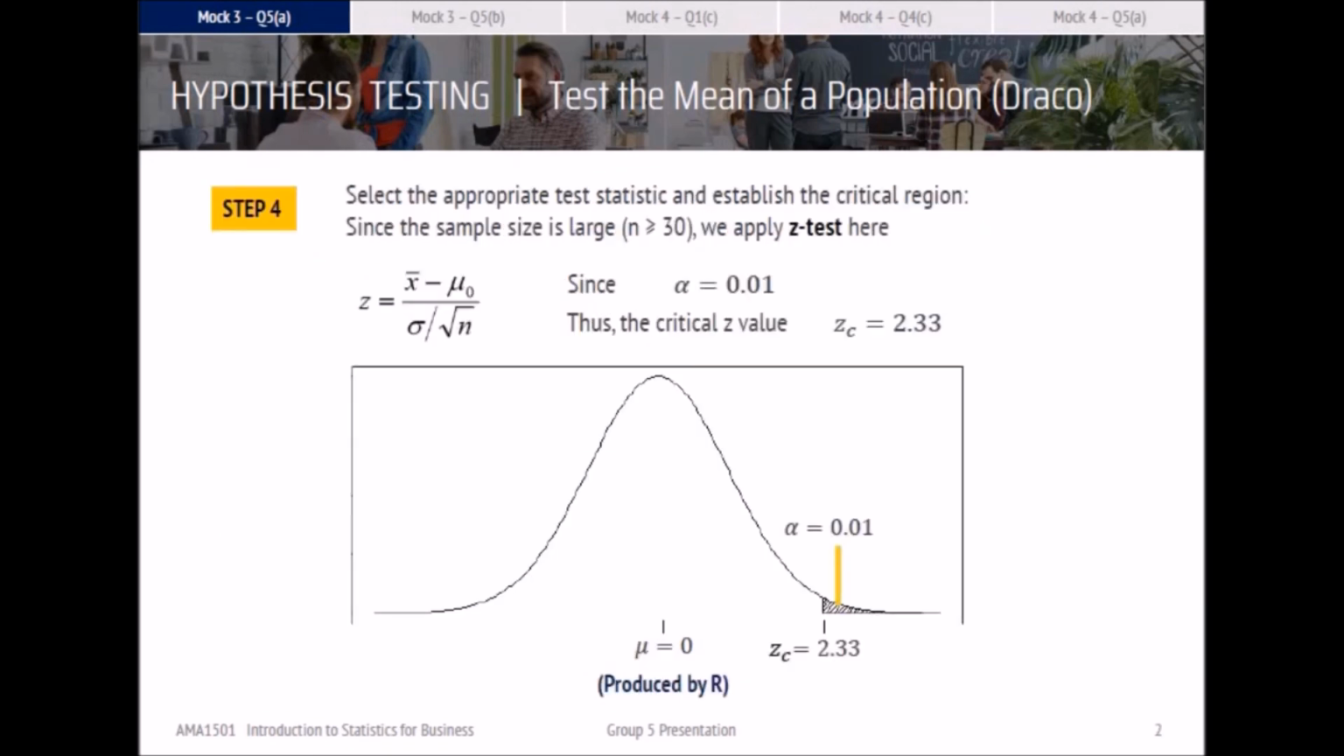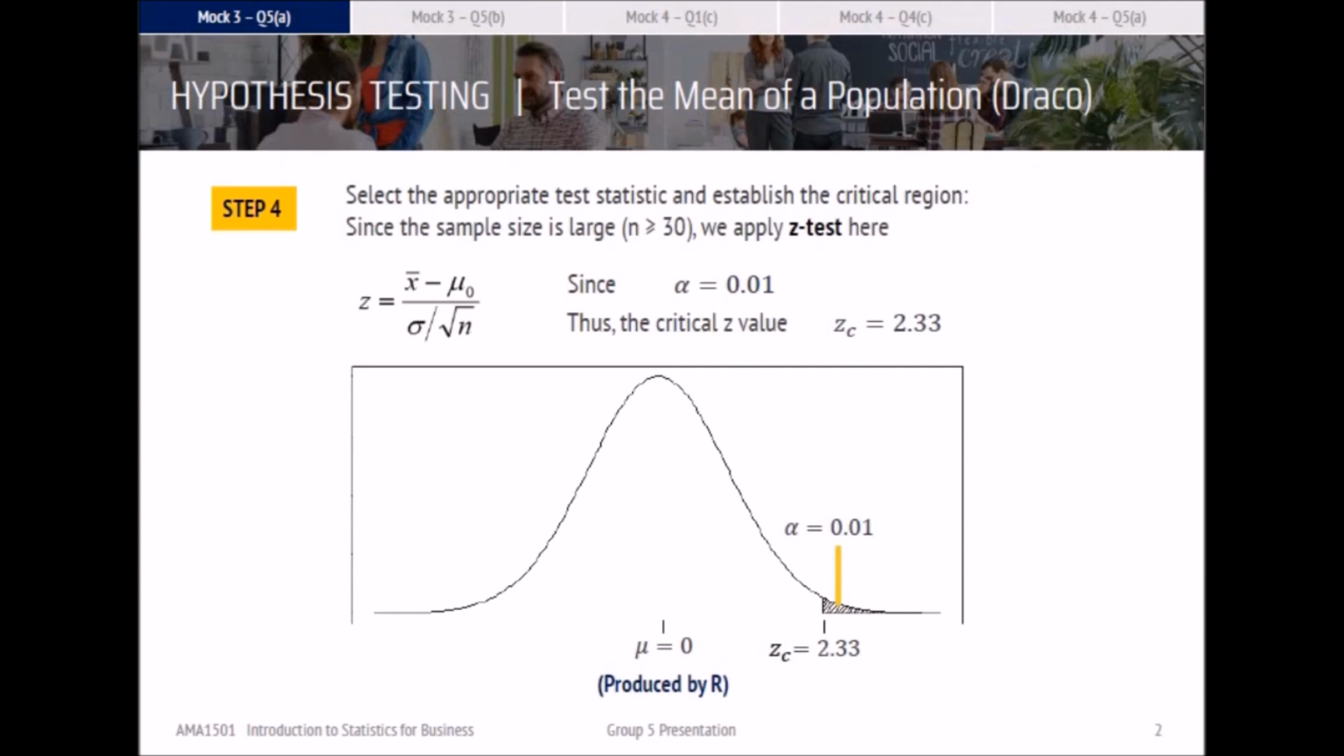The following step is to set the test statistics as well as the critical region. As the sample size is 30, we apply the z-test here. At one-tailed 1% significance level, the critical z-value is 2.33. If our calculated z-value is larger than 2.33, which falls in the shadow region, we then are able to reject